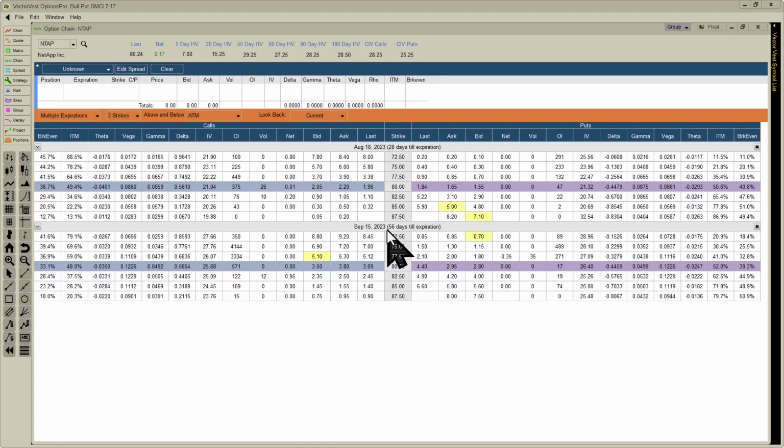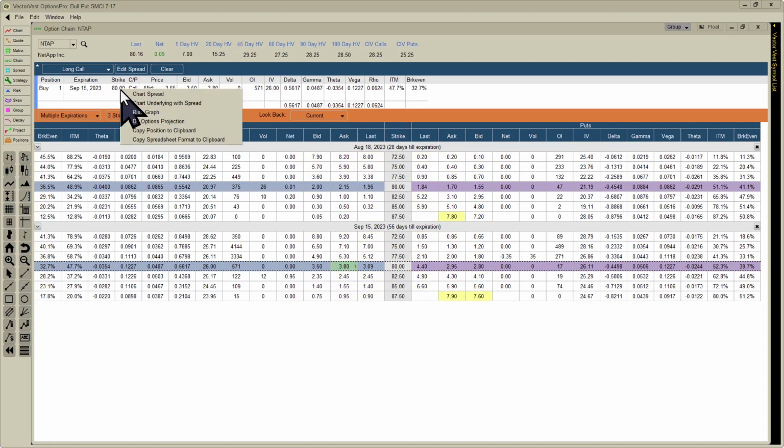It gives me a little bit more comfort for this. Now, the stock price is currently $80 a share. If I go down to my $80 option, that option is very, very near the money, and that's perfect. So what I'm going to do is look at buying a call. I'm going to buy one September 15th, 2023 call, and let's take a look at what a risk graph